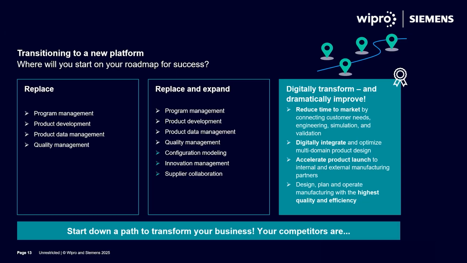But we are seeing a third option among the leaders in the industry. They are looking at this platform change not as a cost minimization effort, but as an opportunity to transform their business processes. Rather than setting goals to simply replace some functionality, they are setting their project goals to be process improvements. Moving to a new platform allows them to connect previously separate processes, eliminating waste and errors, and significantly improving their results. The choice of where to start on your roadmap for success is entirely up to you.